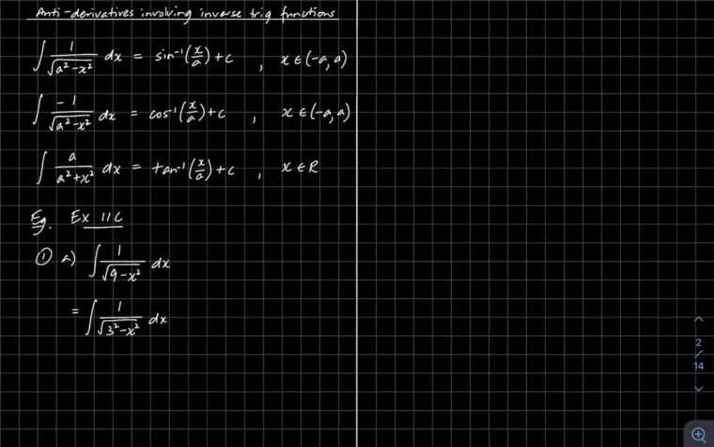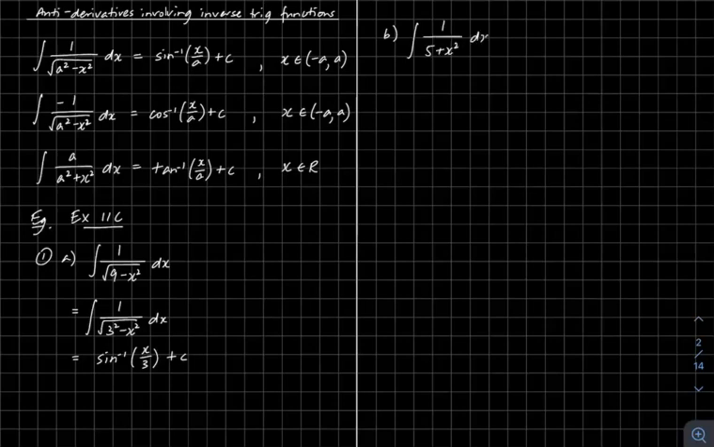And then I can see that my value of a is 3. So the integral of that is going to be the inverse sine of x over 3. And just remember, because it's an indefinite integral, we need our constant of integration there as well. But things aren't always quite as straightforward as that. So even something like this one here, if I had the integral of, let's say, 1 over